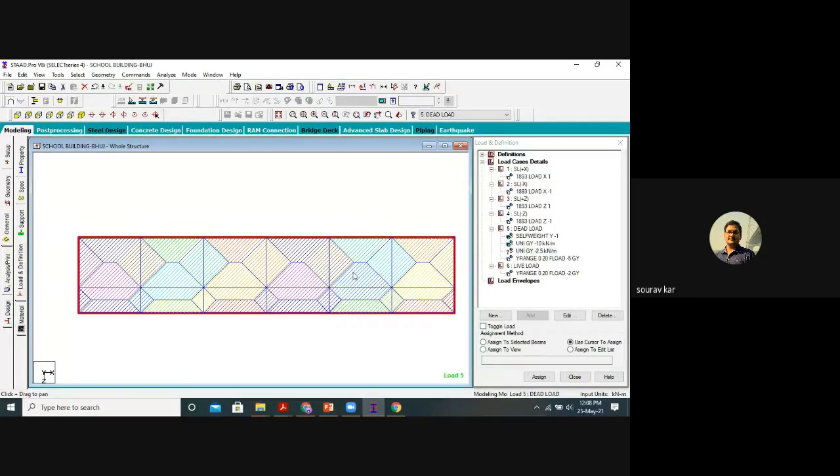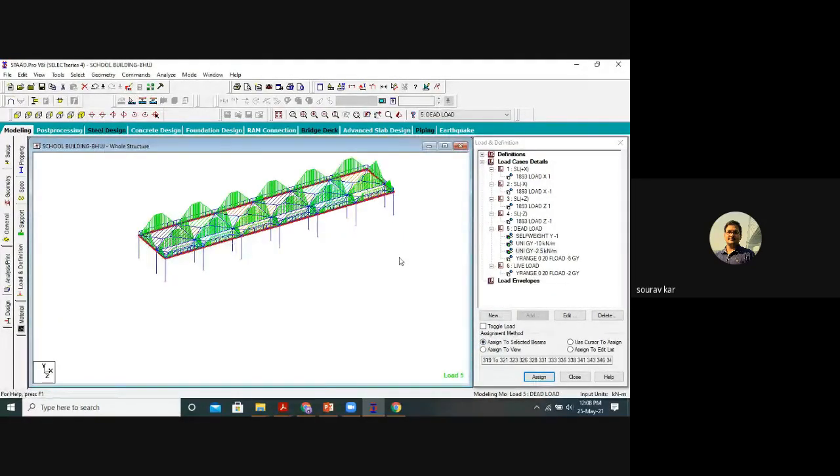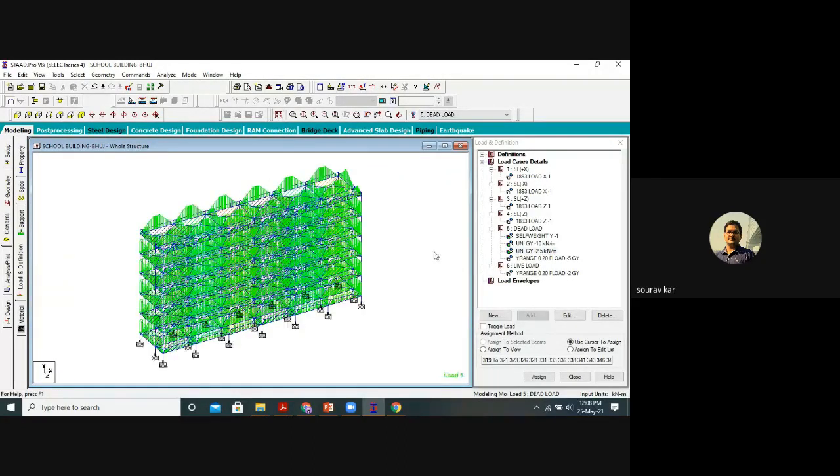So all the exterior beams have been selected. I will assign, yes. If you see, I have selected this parapet wall load. Now coming back to my original structure, I will click on display whole structure. So all the loadings have been given very nicely.